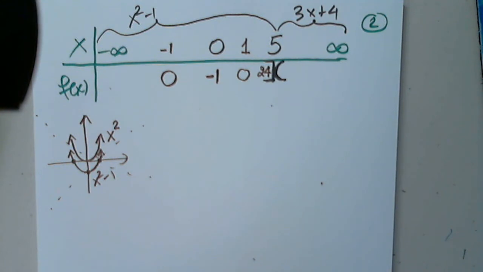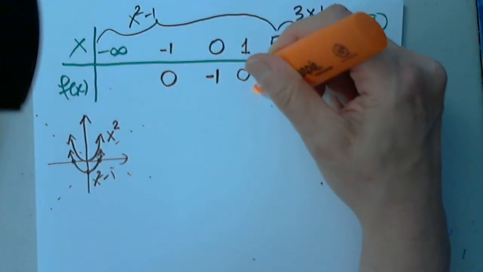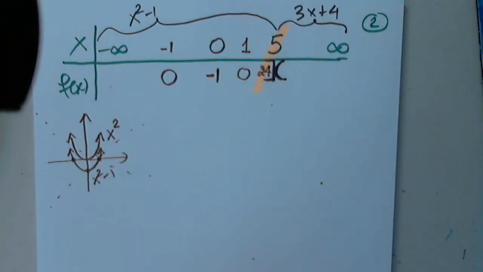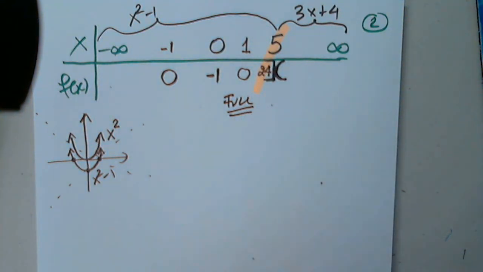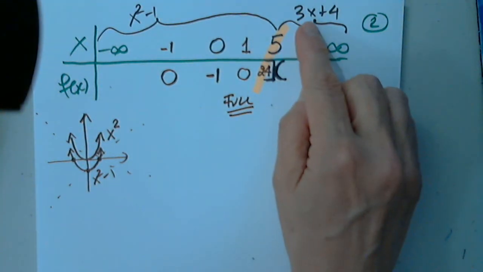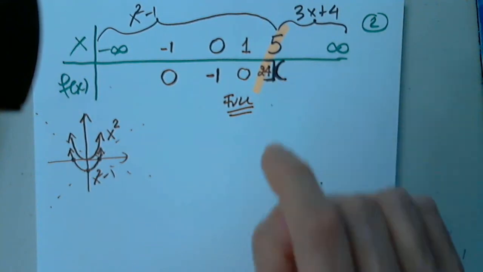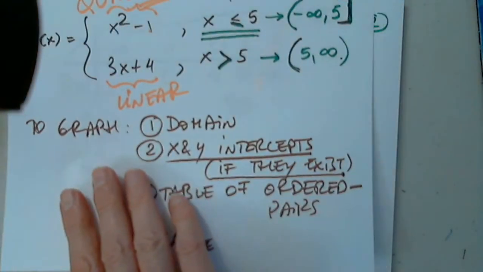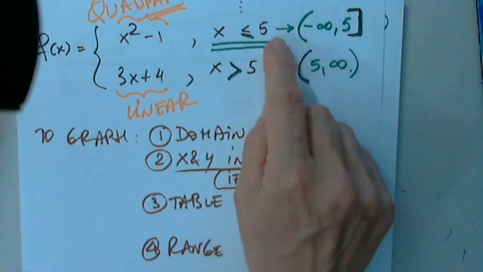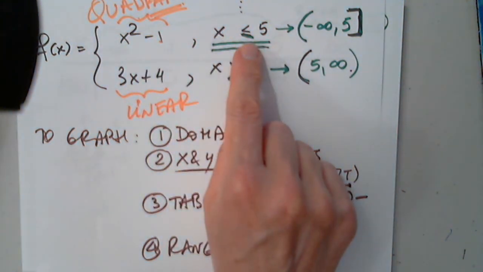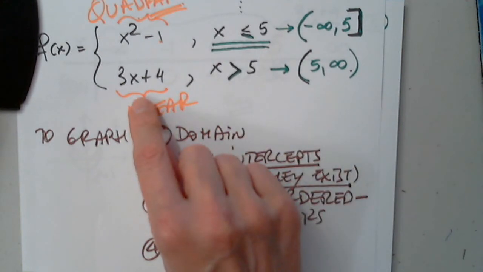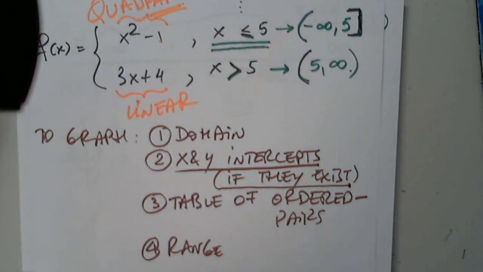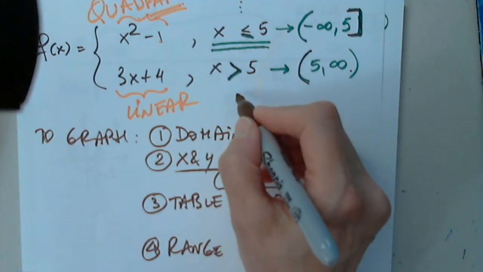Why am I doing this? It's because this will be a full point. Now, when I plug in 5 in this function, you will say, no, you can't. You cannot plug in 5 here when it's equal to, and 5 here when it's not equal to. You cannot do that. Okay, but if you say that, then you will have to plug in